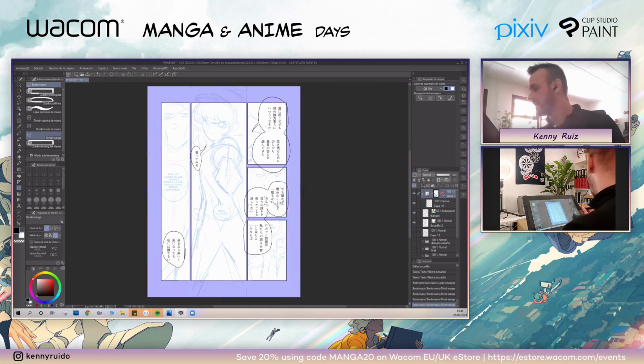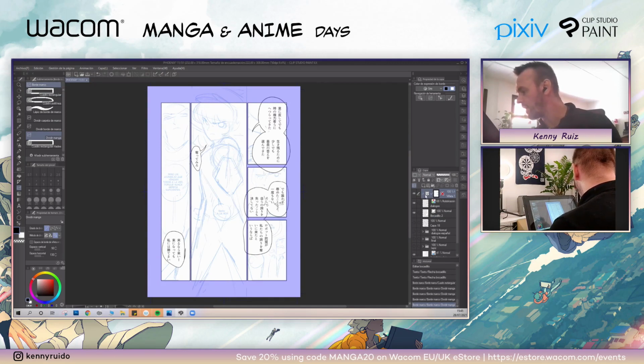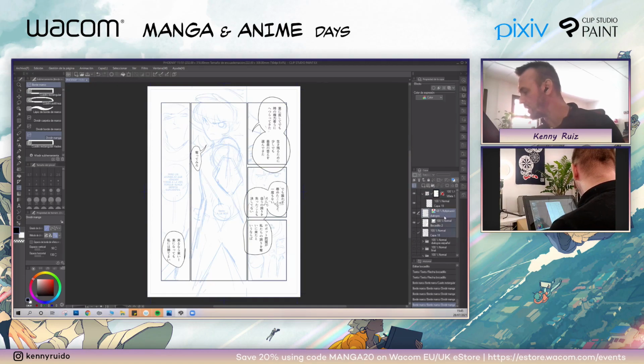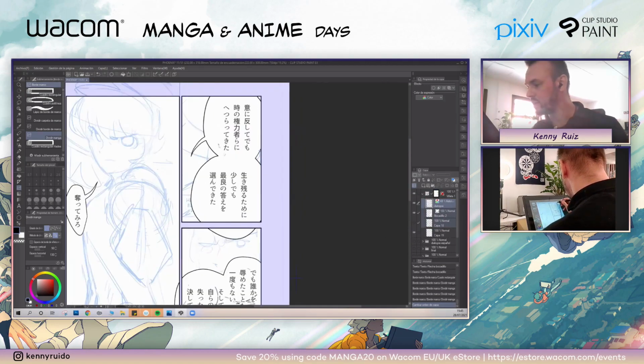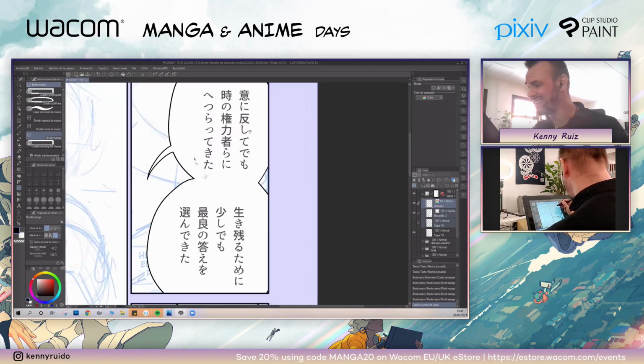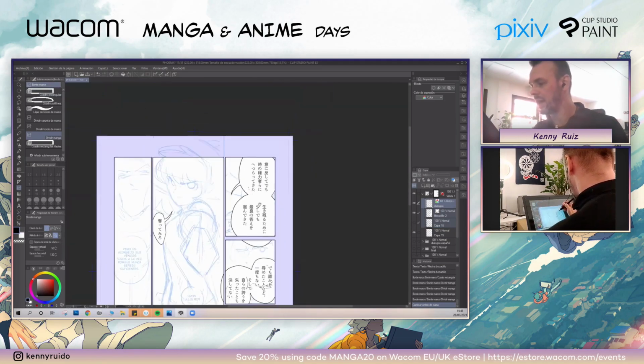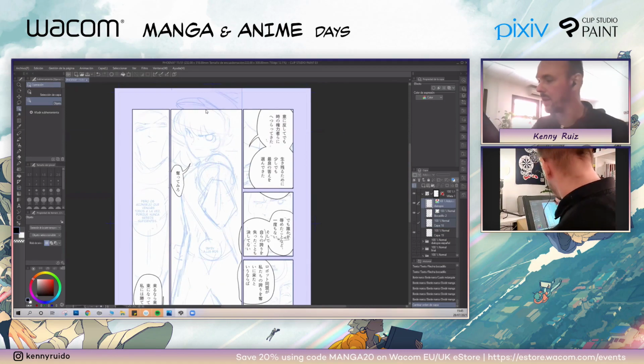What happened here? Clip Studio created this folder. You know that the folder has the miniature of a page, and this is a folder with this mask. So everything I put inside of this folder is cropped by the square. That is so useful, and do it first, because